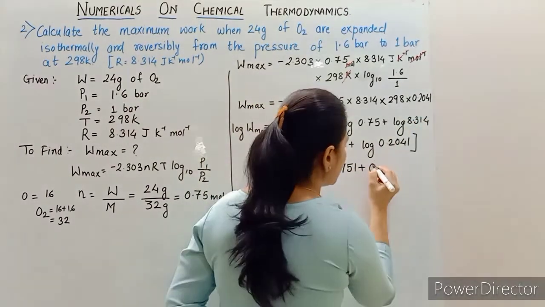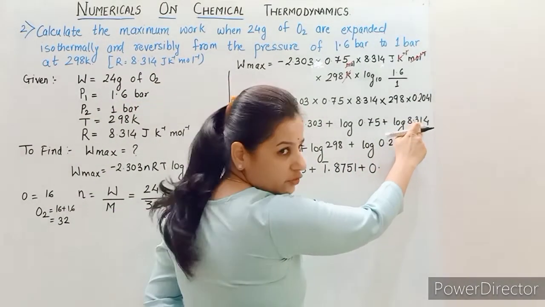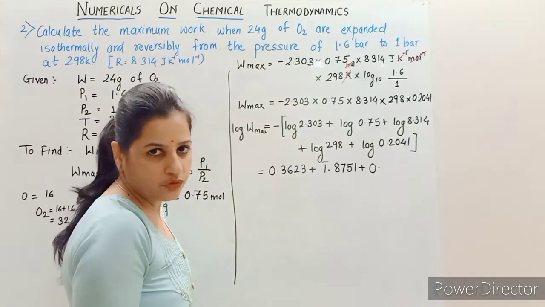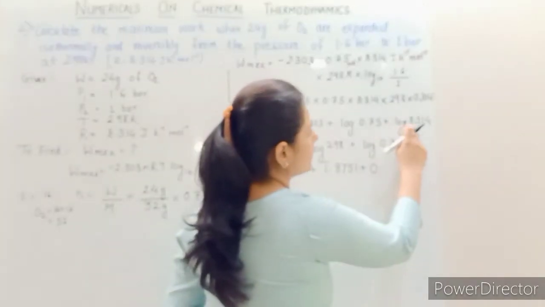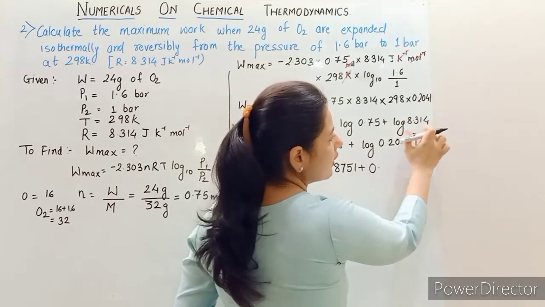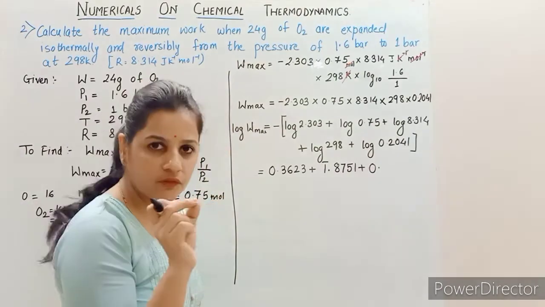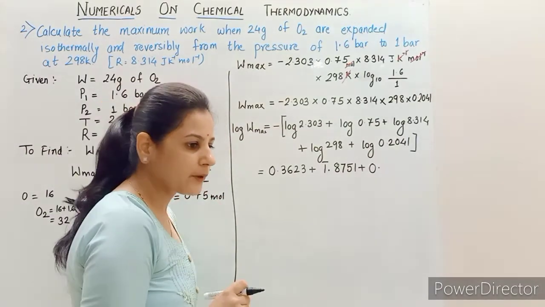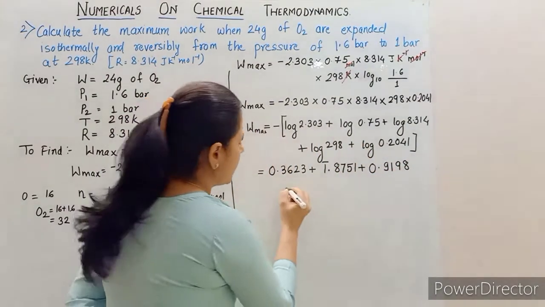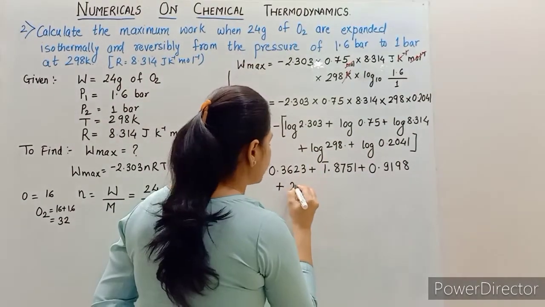After 1 there is a decimal, so here the characteristic will be 0. Now we go to the log of 83, and there in the first row we add the mean difference of the fourth column. Okay, I hope you all know how to use the log tables. So see the log of 83. In that you are going to see the first row and you are going to add with it the mean difference that is in the fourth column. So this will come out to be 9198. Okay, plus 298, means after 3 there is a decimal, so it will be 3 minus 1, 2 point.